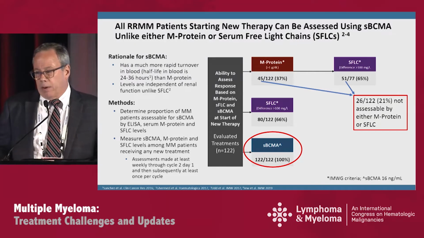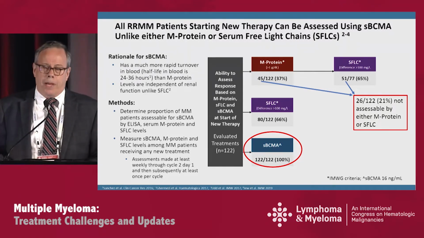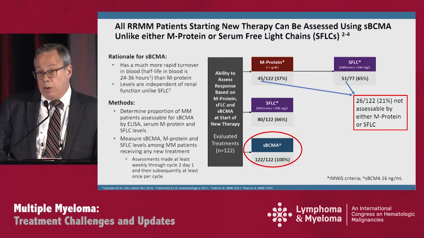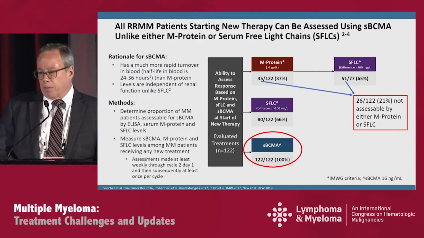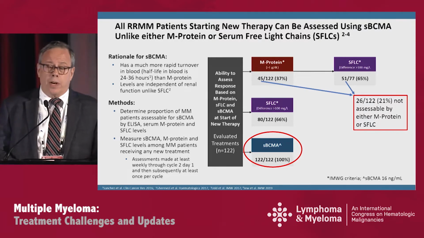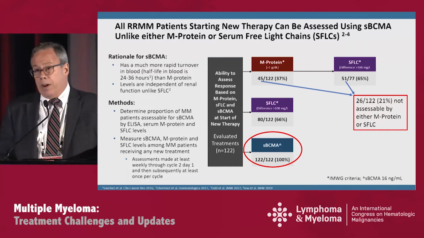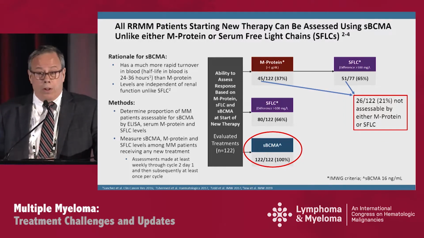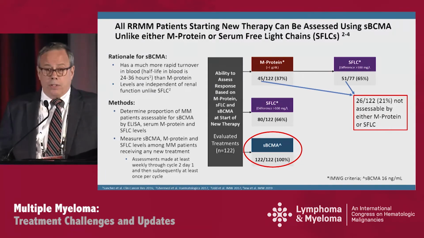And what we see here is that only about a third of patients in relapse have M proteins that are evaluable. And then if you look at the remaining patients, which is what you do by IMWG criteria, only about two-thirds are evaluable by serum free light chain, meaning that 21% of these patients are not evaluable by conventional IMWG criteria and cannot be followed by either of those biomarkers. And yet in the bottom of the circle, all 122 have levels of BCMA that are evaluable, 60 nanograms per